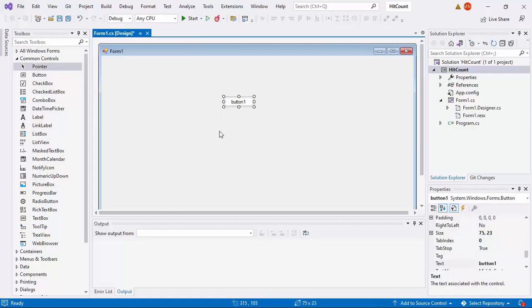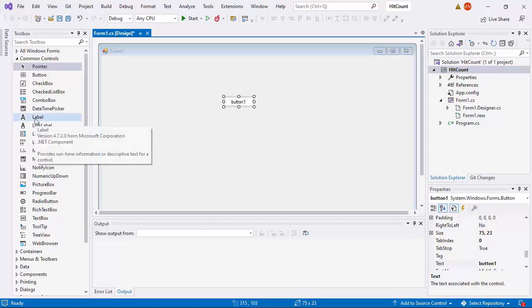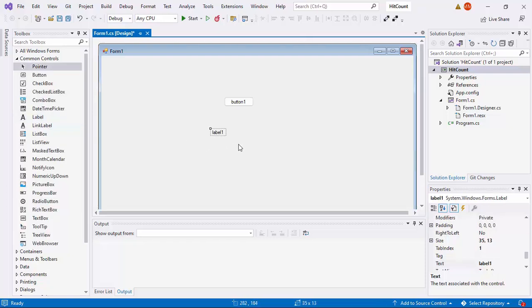Then we want to display the number of hit. We need a label. Just like when we want to display hello world, we need a label. I think by now that we know what we want to do, and we are also assuming that you already know a considerable amount of fundamental, let us quickly make changes on this application based on our assumption that we know what we are doing, and we also assume that you know some level of fundamental.